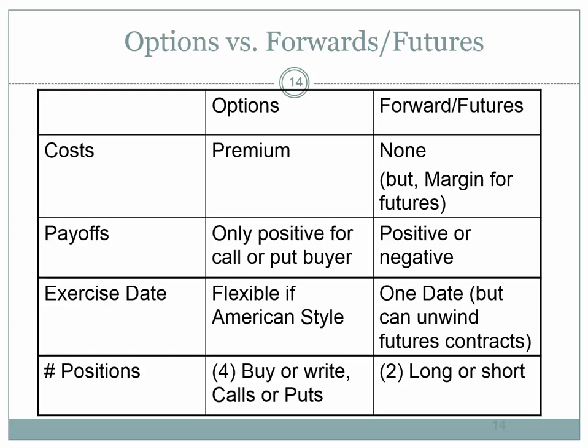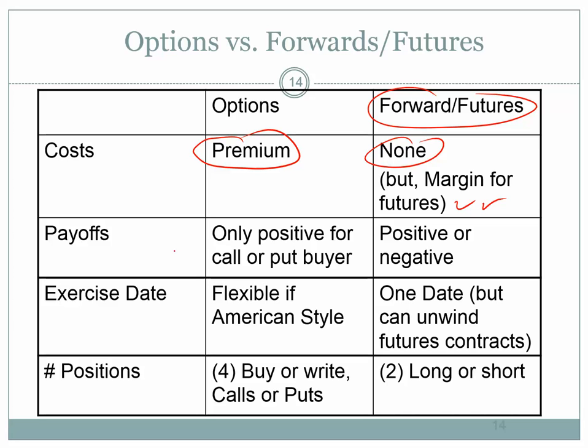So let's do a little review of options versus forwards and futures. An option, you have to pay up front for the right but not obligation to sell. Forward and futures contracts have no costs. But there is a margin, which is not a cost, it's just a security deposit that you pay up front